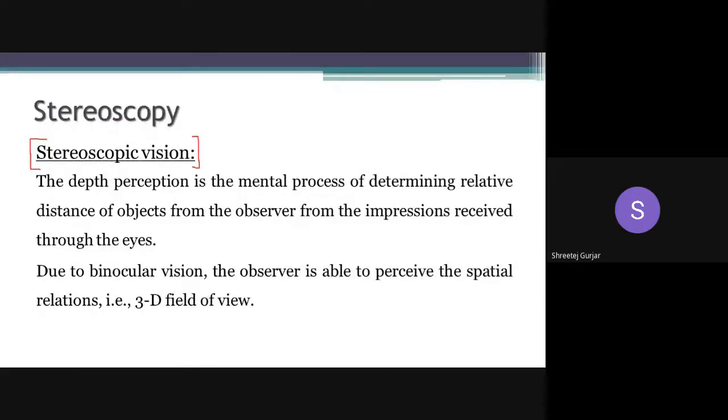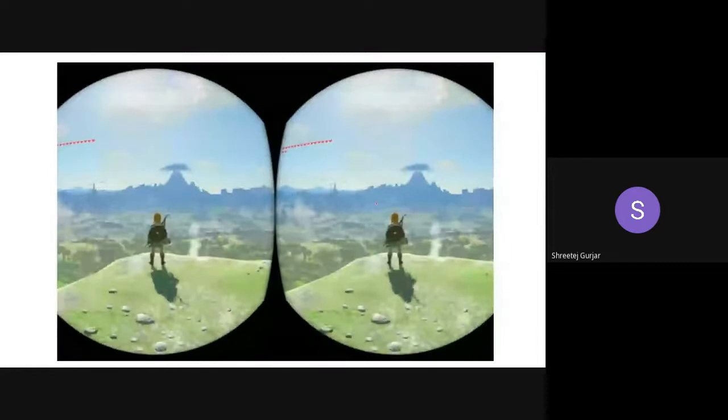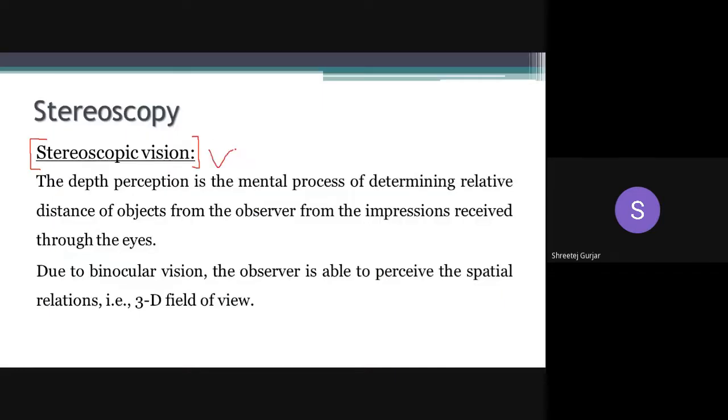Yes, as you have said, both the eyes will concentrate here. You can see a person is standing here. Both the eyes will concentrate here, and your brain will combine those two images. It will stitch them together, and what you see is a single image. The main part played here is by your brain. Even though your eyes see two different images, your brain combines them, and you see a single image having certain depth. Stereoscopic vision is meant by that.